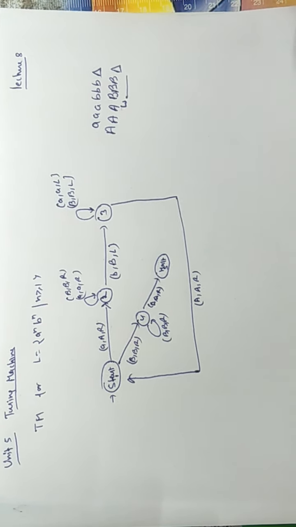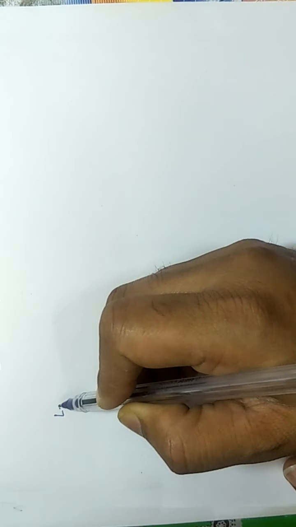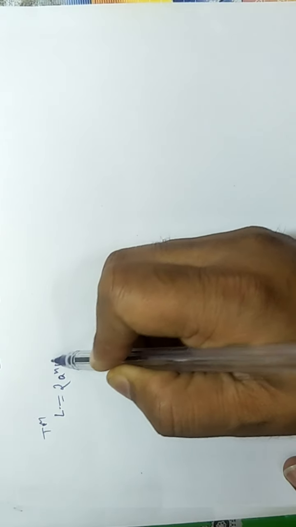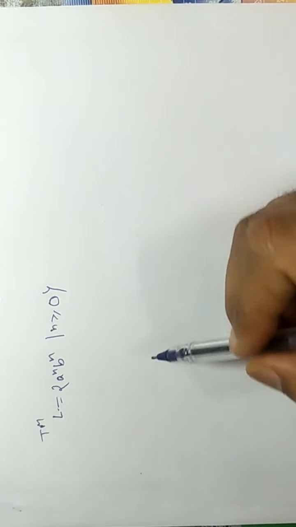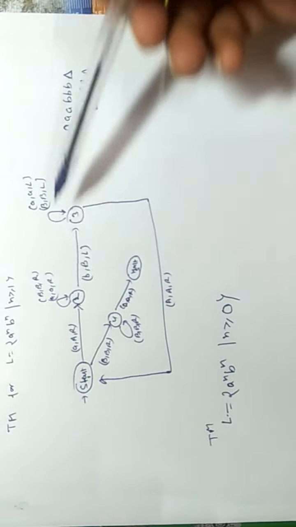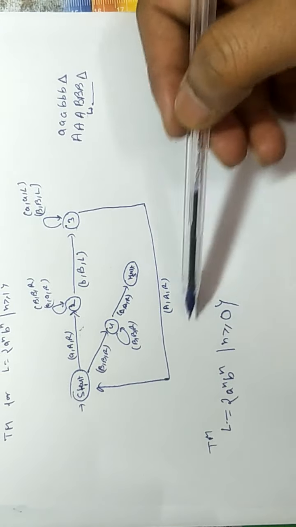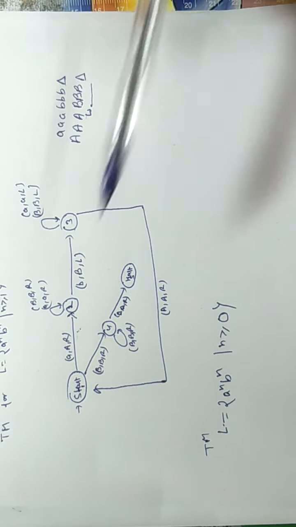Now we will change the conditions here. Suppose I have to design a TM for L = a^n b^n, n ≥ 0, using the same logic. So first we design the matching part, this one, 1a and 1b, 1a and 1b, and then we will look at this condition, how we can accommodate it in our Turing machine.